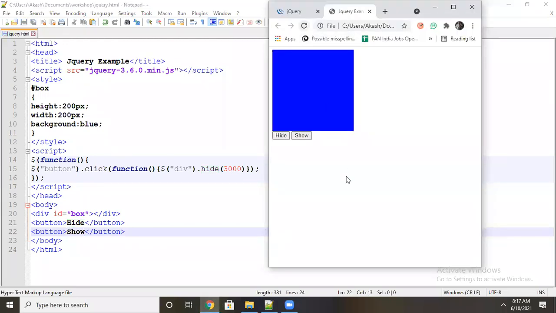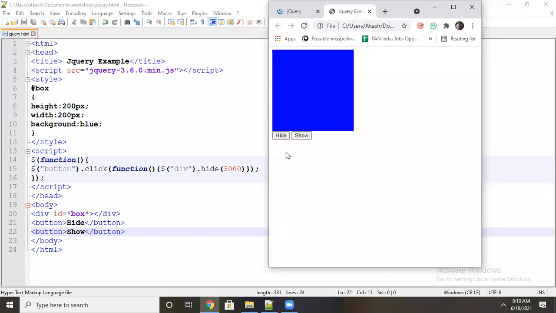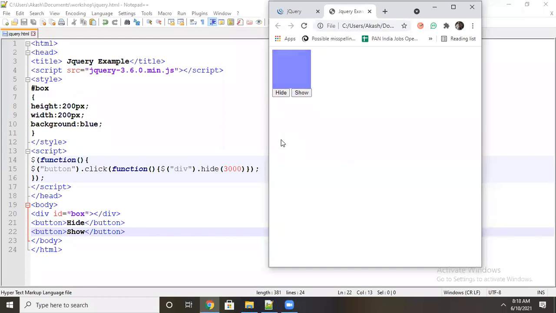Now you can see, if I click on show, then also it hides. If I click on hide, then also it hides. What is the reason? I will tell you: because for both, the selection I did here is button. Means you click on any button, it will consider it as hide only, because the instruction I gave is like that.